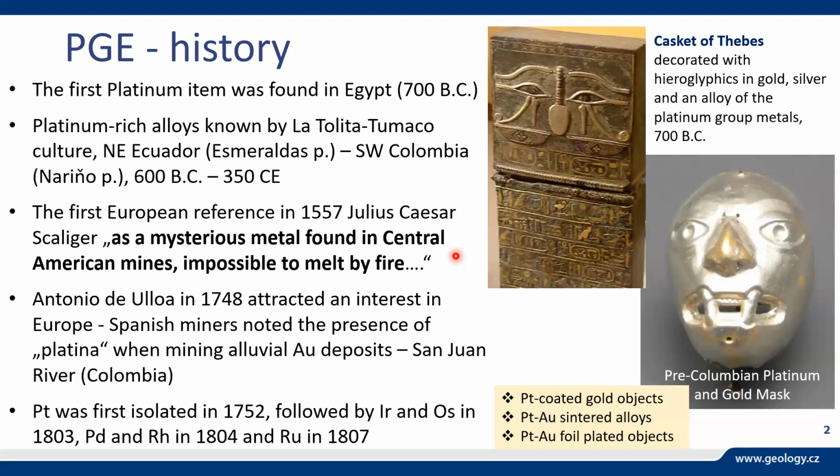The first European reference about platinum comes in 1557, when Julius Caesar Scaliger mentioned that in South America or Central America there appears a mysterious metal that is impossible to melt by fire. However, the main interest in platinum comes in 1748, when Spanish scientist Antonio de Ulloa visited some of the mines in South America. The Spanish miners noted, while panning gold, that because of the similar specific gravity of gold and platinum, they were also finding platinum, which they called platina, from la plata, derived from Spanish. They called it new silver. At the beginning, they even threw the platinum back into the river because they didn't know what to do with it. And Antonio went to those mines and brought some alloys to Europe, and it attracted the interest of many scientists,